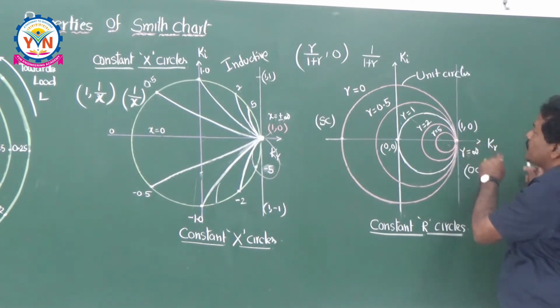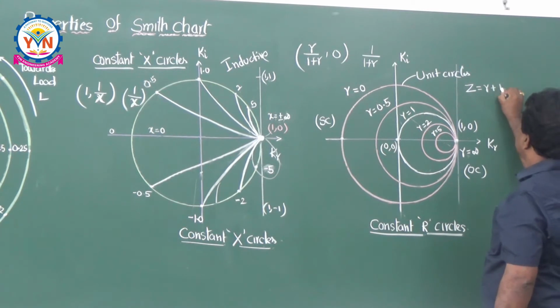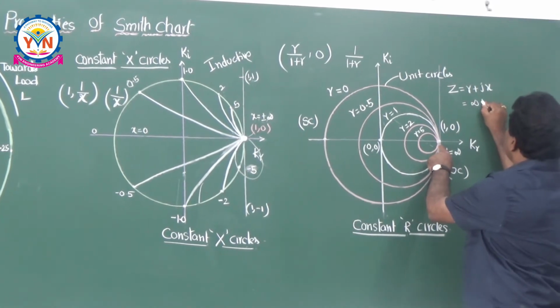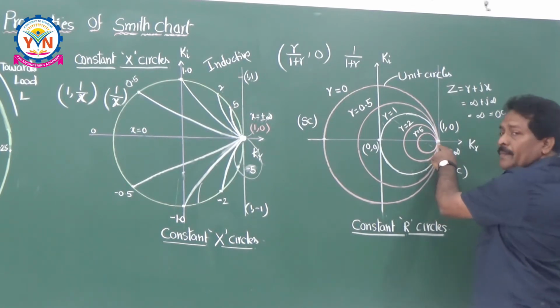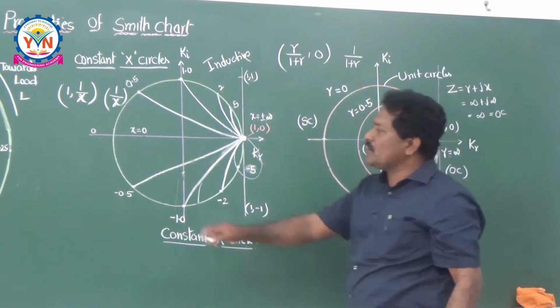So what is the impedance at this point? Impedance Z is equal to, I can say, R plus jX. What is R here? R is equal to infinity and jX is also infinity. So infinity plus j infinity means it is infinity. That means open circuit. So the impedance is maximum at this point. That's why in our chart we are having